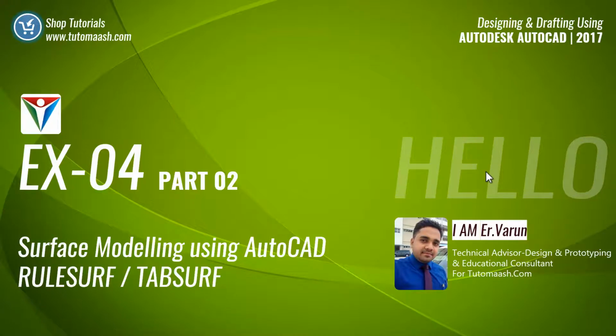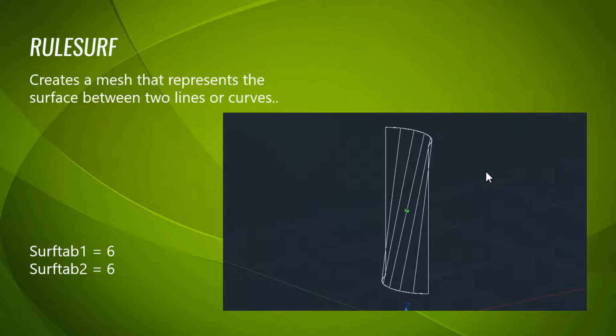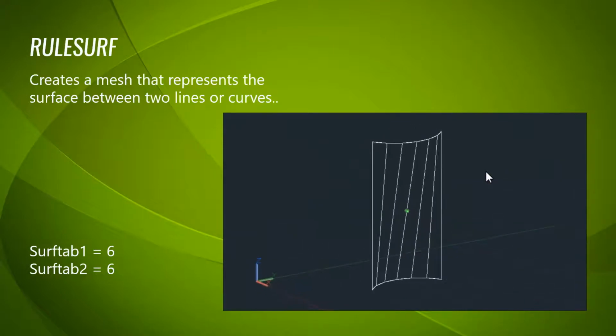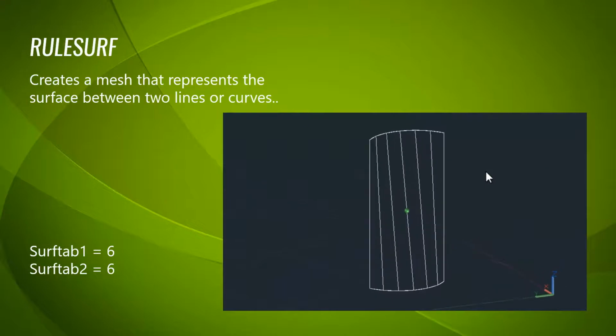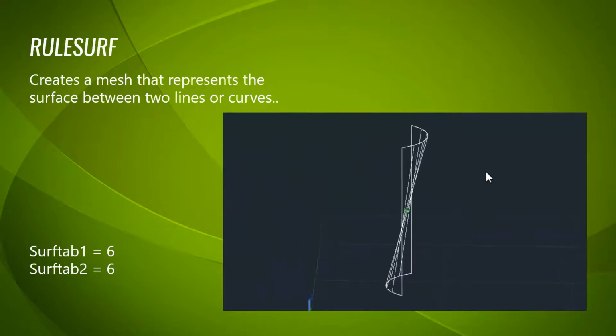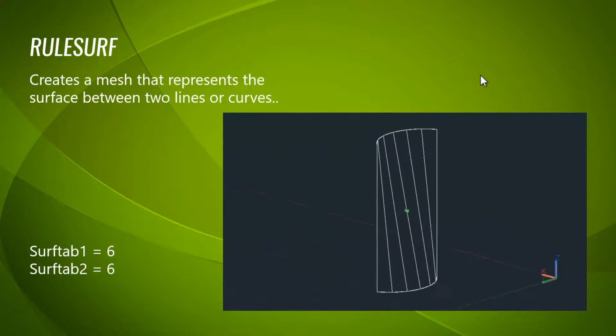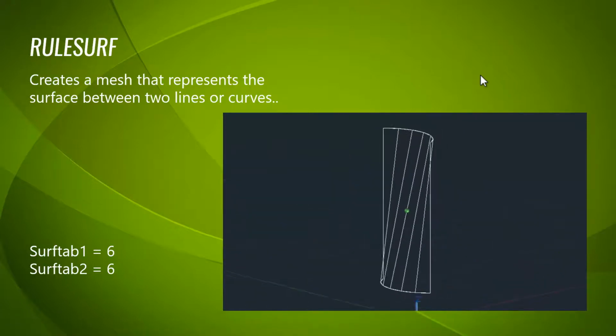In this session, we will be discussing surface modeling using AutoCAD. There are several ways to do surface modeling in AutoCAD. The first one in this session that we have to learn is RULESURF. RULESURF is a command which creates a mesh that represents the surface between two lines or curves. As you can see here in the image, the two curves are being connected with a mesh with the help